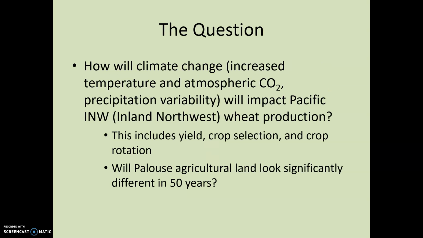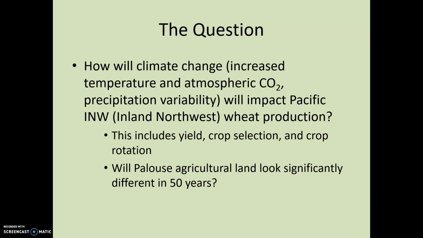As a local Muscovite growing up in the beautiful Palouse, I wanted to know how these fields would respond to increased temperature and atmospheric CO2, and variability in precipitation. This is dryland farming. They don't irrigate, so it's important. And I didn't know what was going on. So how is this going to be impacted?